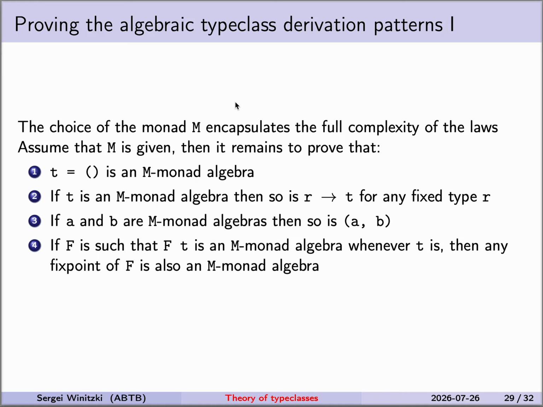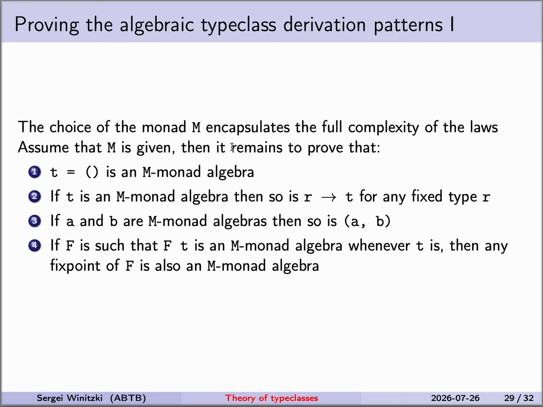But suppose we found such M, and we know it exists in some kind of theoretical sense because it's the free instance constructor of the type class, and free instance constructors exist for all algebraic type classes. Again, this is perhaps something that might be difficult to find for a specific type class, but in many cases we have found them. So suppose that this M is given,